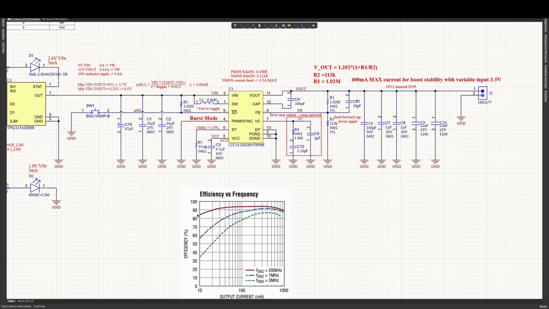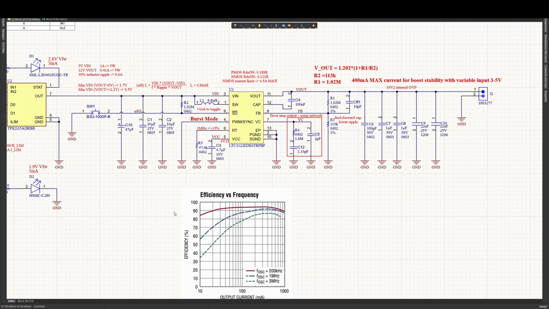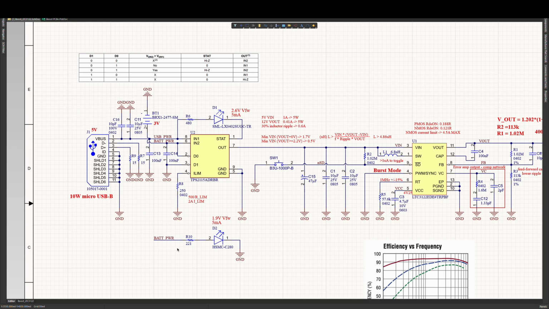As briefly mentioned, the design is stable with variable input supplies. Tested and simulated with 3 volt and 5 volt inputs, 3 volt comes from a coin battery and 5 volt is from the micro USB port. Now the question is, how do we select between the two input sources while protecting the circuit? Well, we diode OR the inputs with an OR controller chip,